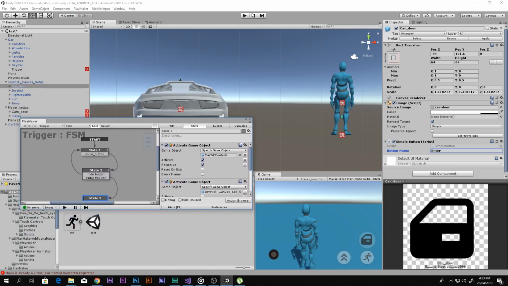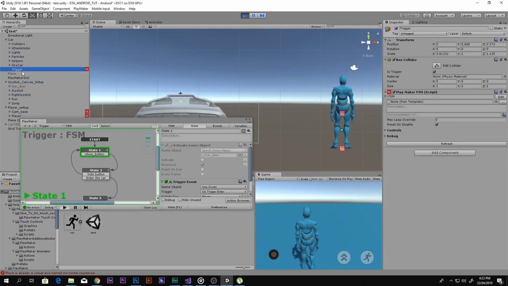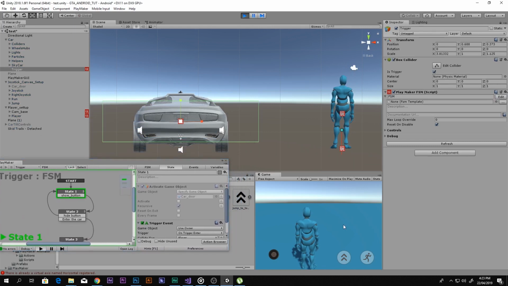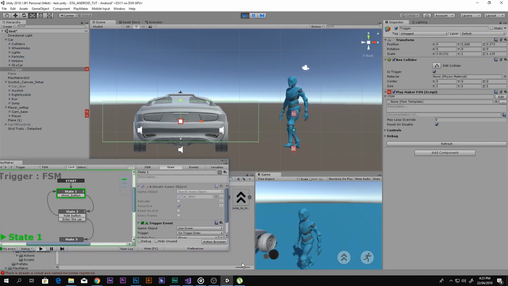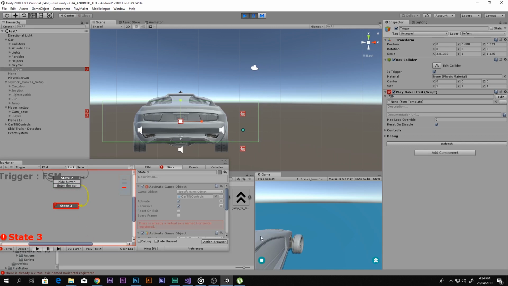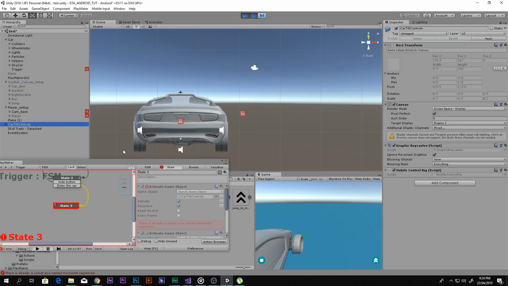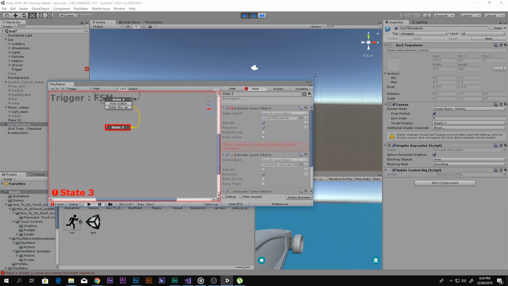And now we can see the 3 states, and if I play the game right now and select the trigger so that we can see what is happening. If I get inside the trigger, we can see that we are in the 2nd state and the button is over here, and when I select that, the player vanishes, which is disabled, and the joystick setup also is disabled, and the car tilt controls are enabled. However, there is an error over here